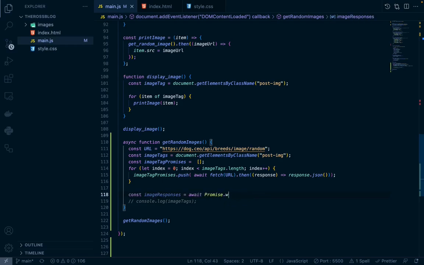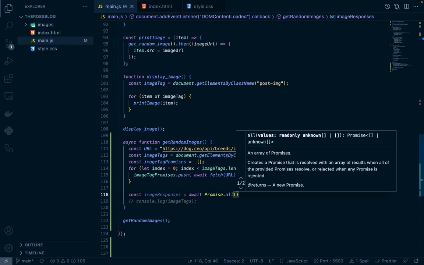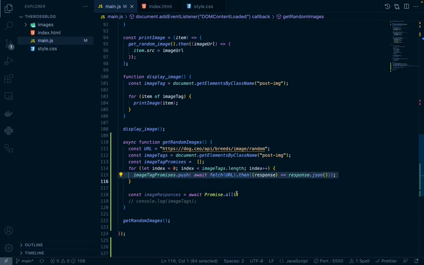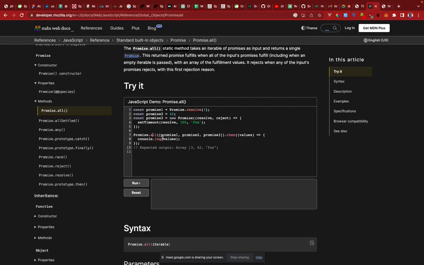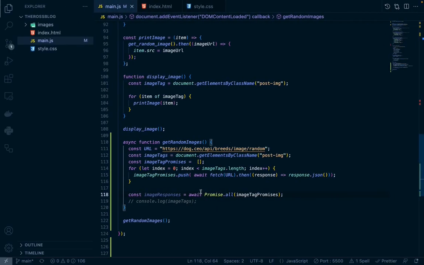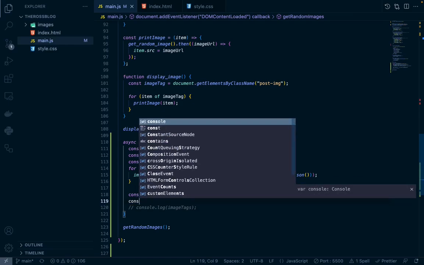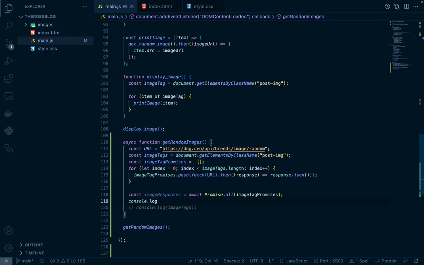Now let's use our JavaScript Promise.all. We need to set to all of these promises, our image tag promises. As you can see, this accepts an array. You can use a then on it as well, but we don't need a then since we are already awaiting the response here. I don't need the await anymore. So if we go ahead and console log our image responses now,